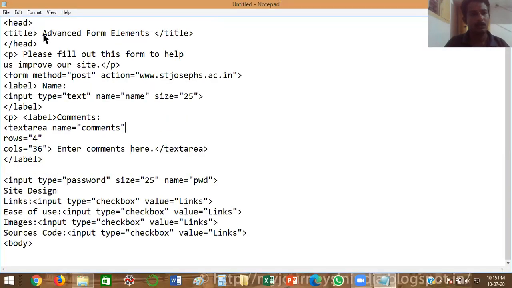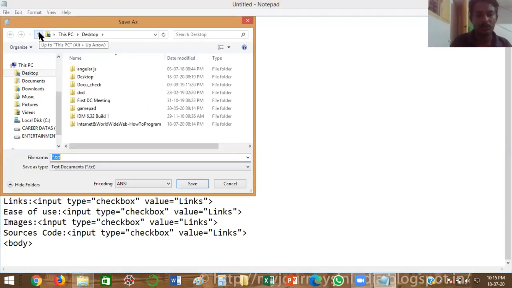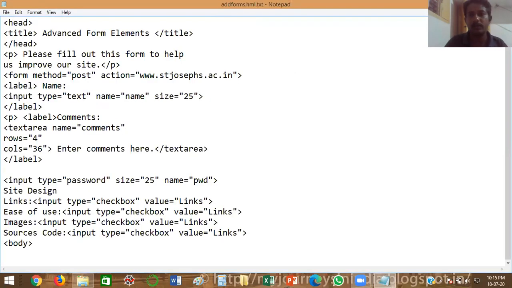So how to save the file using .html. Forms, using add forms .html. You want to go to the desktop, and the file will be saved.